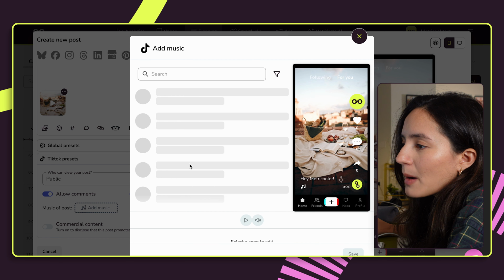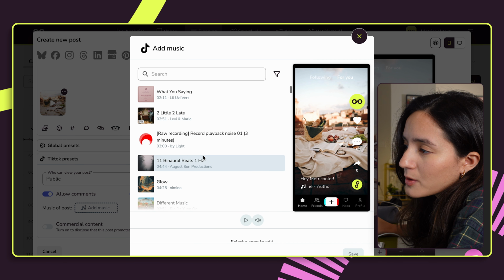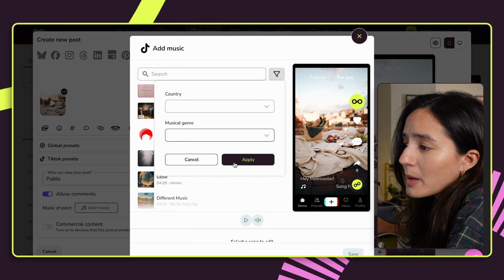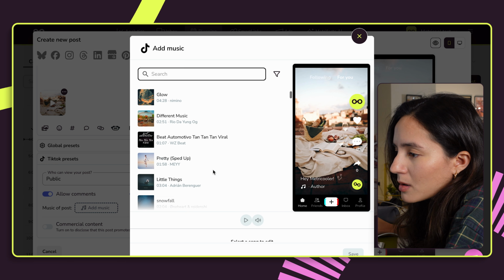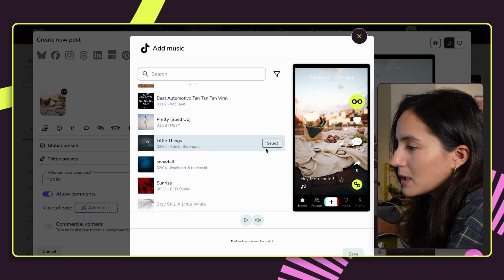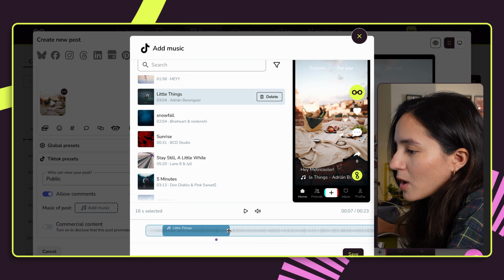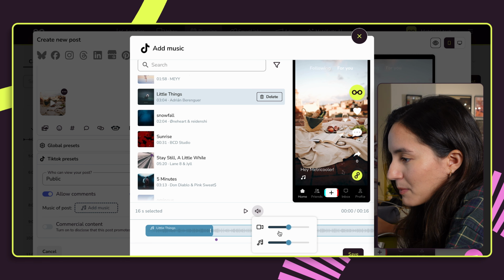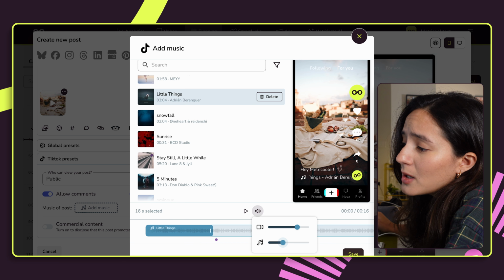Once I click in there, I'm gonna be able to see all of the non-commercial music that TikTok offers. You are actually able to choose it by country or by musical genre. In this case, I'm gonna go ahead and choose, let's do this one, the Little Things one. And once I do that, I'm able to select the segment of the song that I want for my video. Once I click that segment, I'm also able to choose which volume I want higher, either the music or the